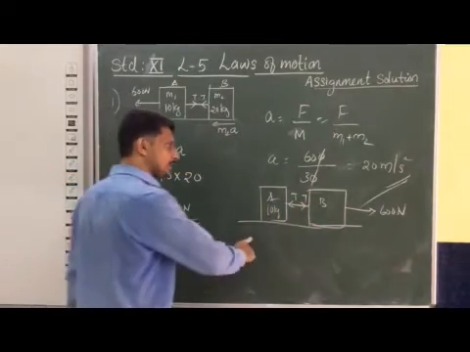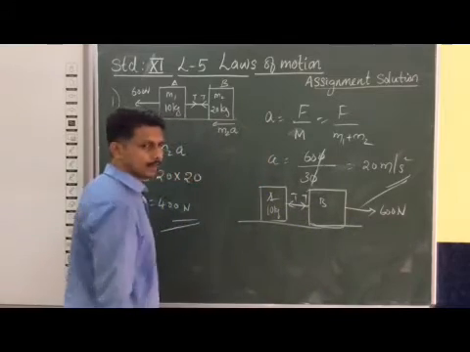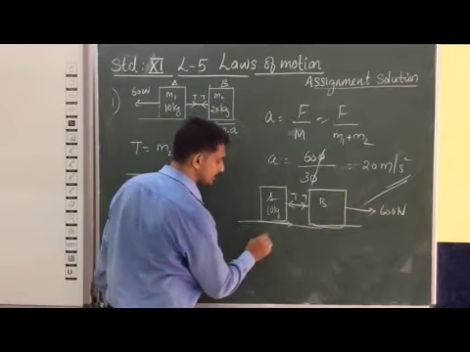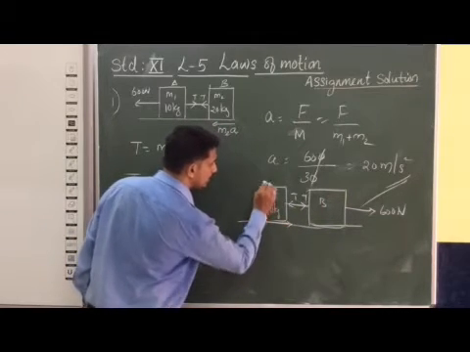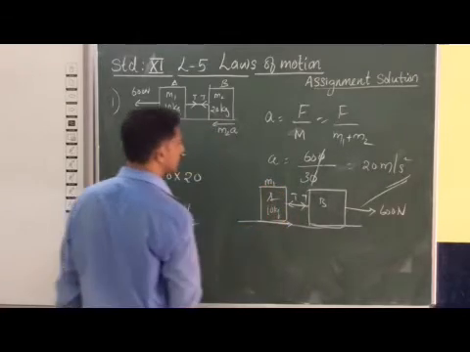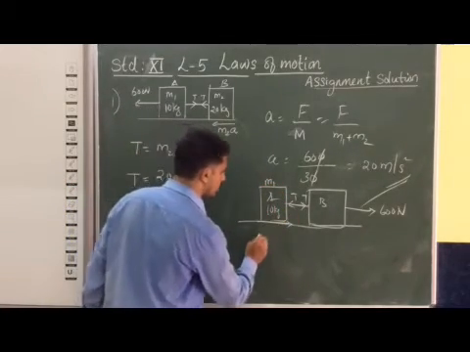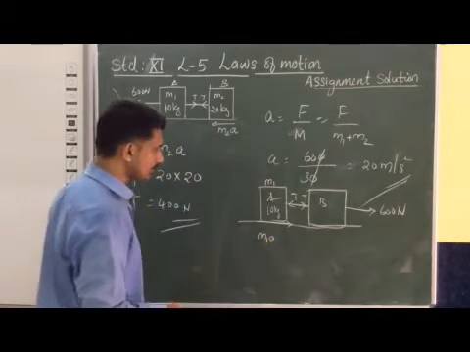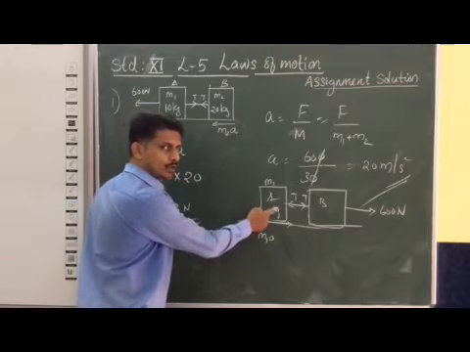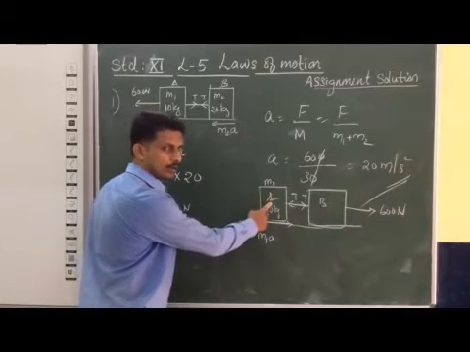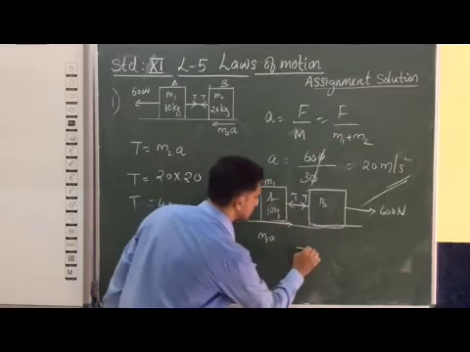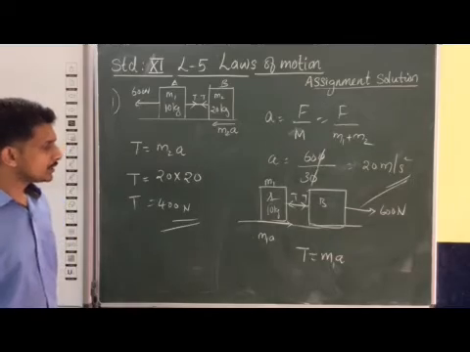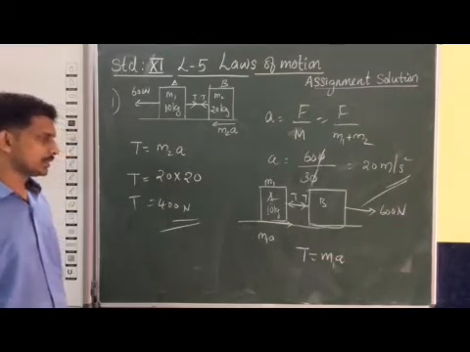So see that 600 Newton force is acting on this side. So this object starts moving along that direction. That means this object is performing accelerated motion. So we can say that is M1A. So the only force acting on this object A is tension. So we can say tension T is equal to M1A in this case. So tension acting on this block is corresponding to M1A.